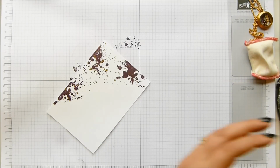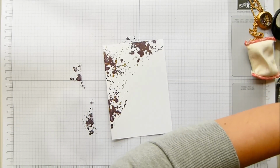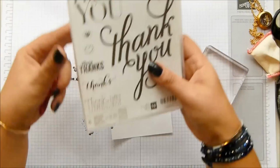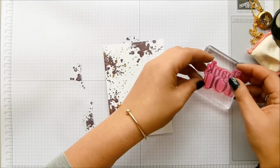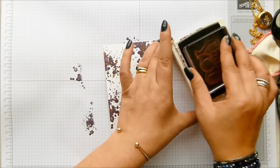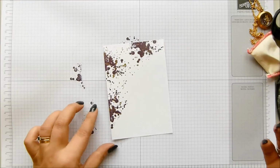There we go. And then the final bit of stamping that I want to do uses another thank you stamp set. This one here, another thank you, and it's this thank you sentiment that's up in the top corner. So I've just taken off my previous ink pad. So back in with the Blackberry Bliss, which I suspect I need to re-ink. And then down in the bottom corner,